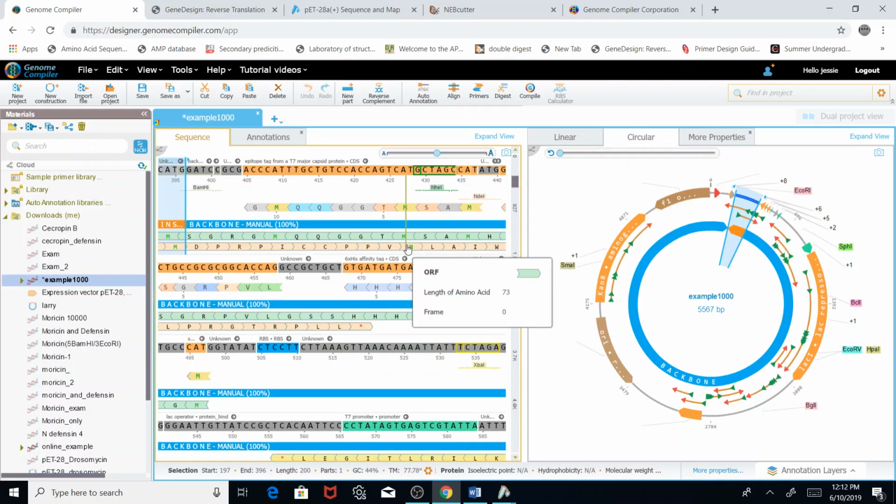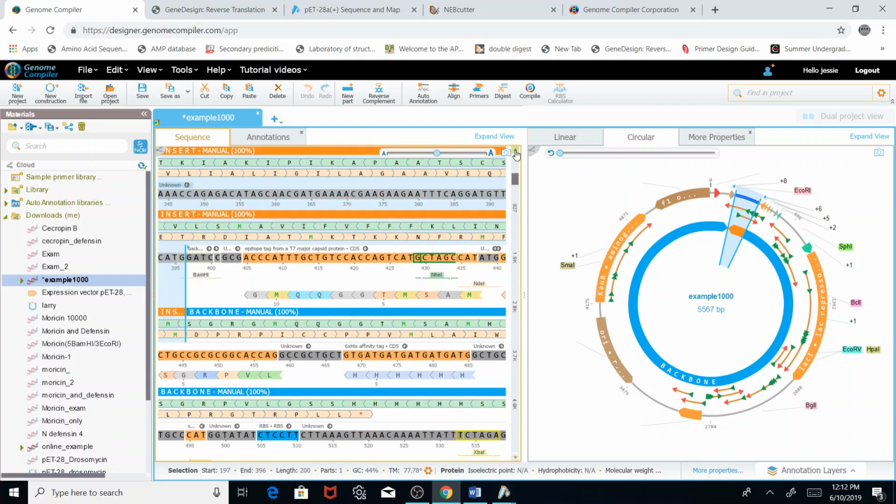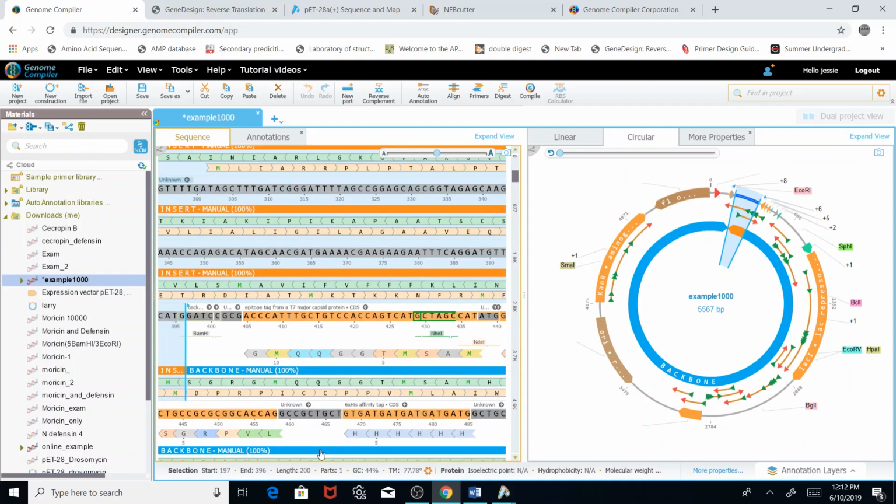Then it will give us the Open Reading Frame, and we have here our DNA sequences, and then we have the corresponding protein sequences above. Okay, and what we're going to do is find where our protein starts, and then find where it ends, and then see if we have the correct reading frames. Will our protein of interest be coded for? Okay,